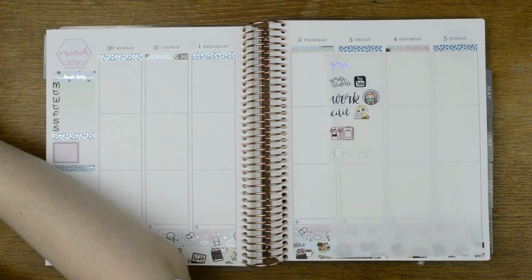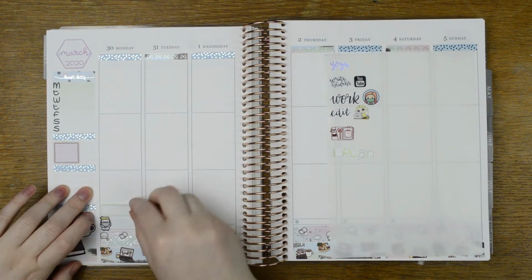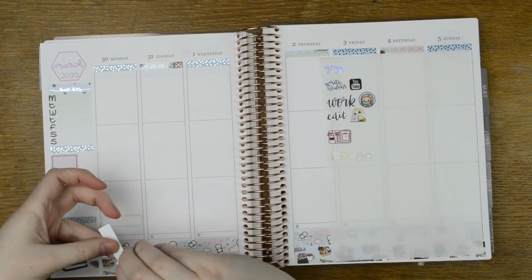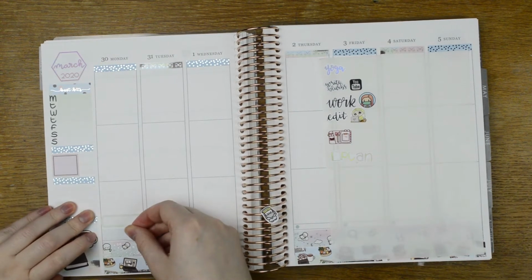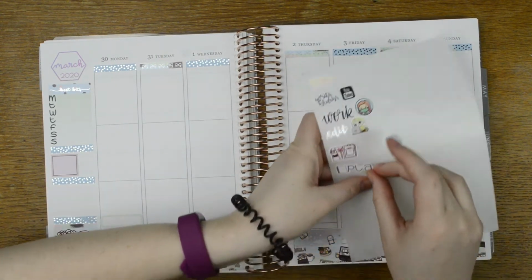Before that, or well actually while we were doing that, I did some planning. So I'm just going to pop that on a box above, and I've put this the wrong way around because of the plan script I have. I need this to be the other way around. The problem is, I use a premium mat, and when you stick another sticker on top of it, it peels off the sticker, so